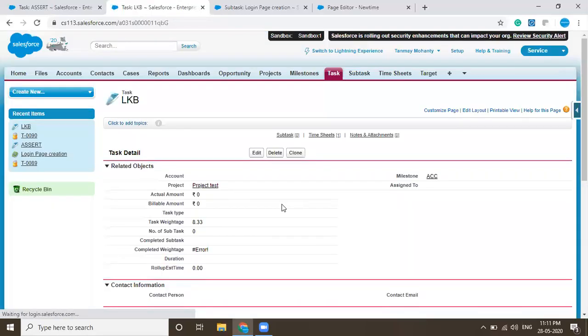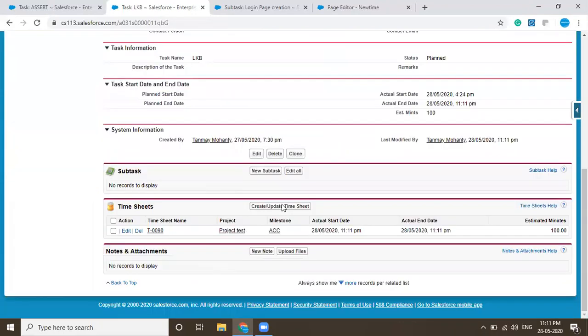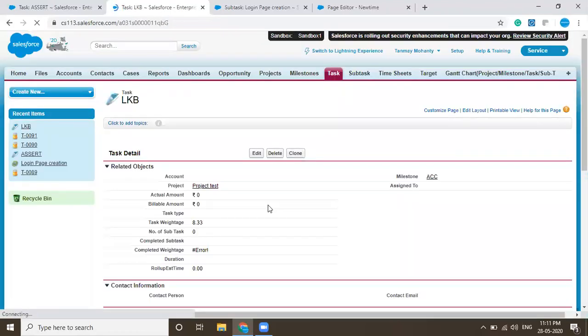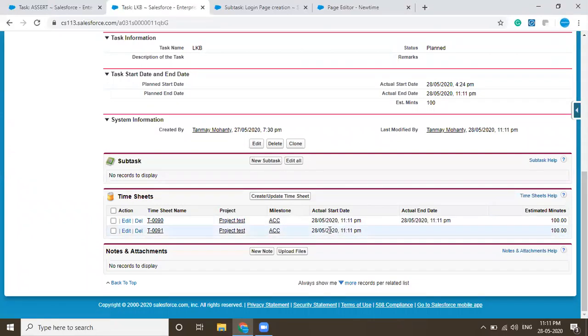And if you want to start again, now the question arises: we spent some time, and now we want to start the time again because we went on a break, and whatever time we have spent should be subtracted. Of course, you can start by the click of the button. Again, you can create the record. See, the record has been created and the time has been started again, and with the click of the button it can end the time. That's it. I'll show you the code now.